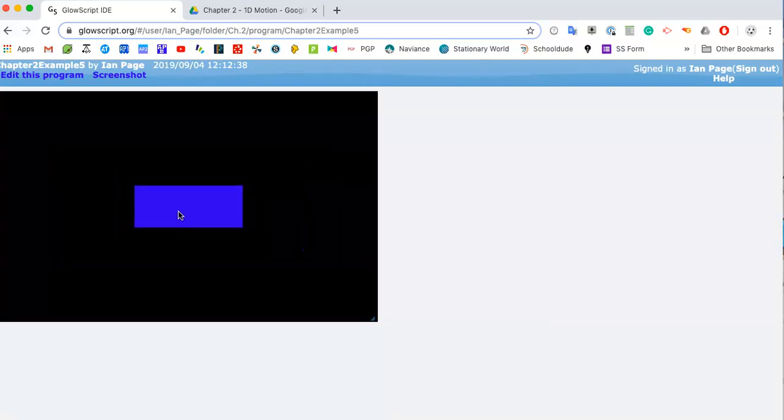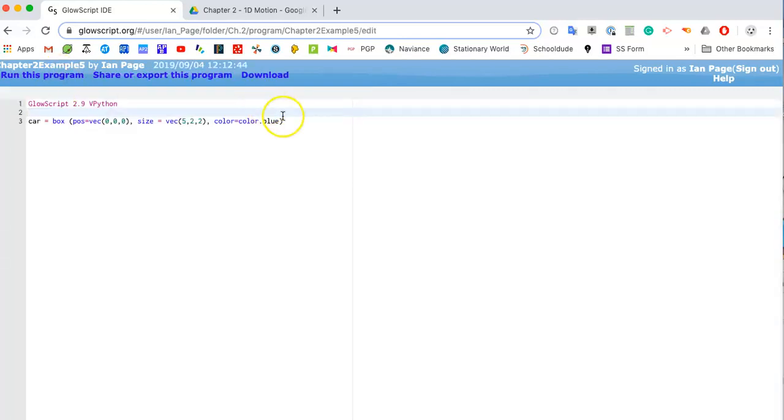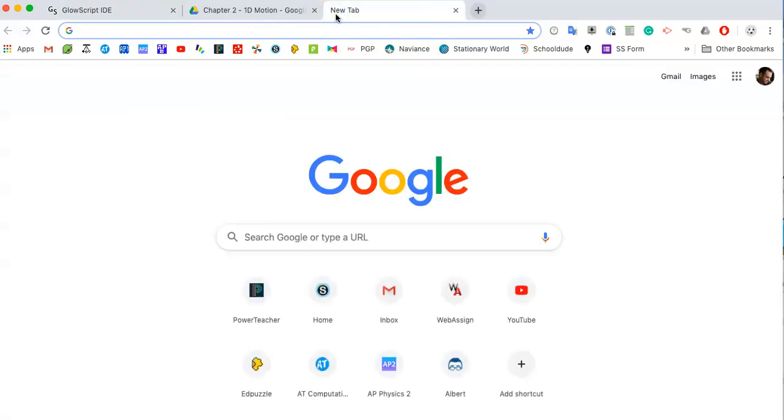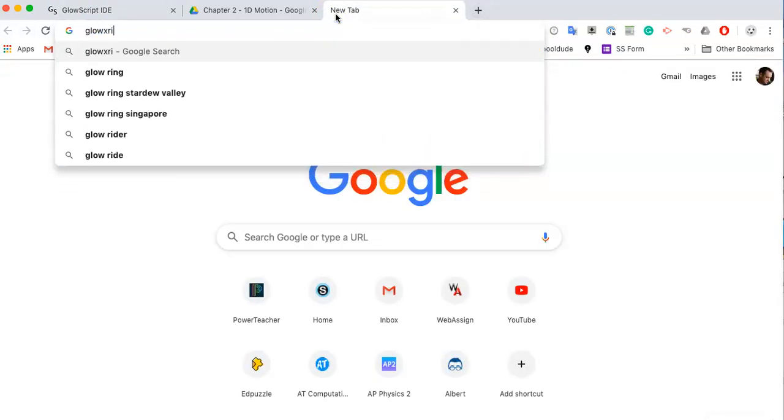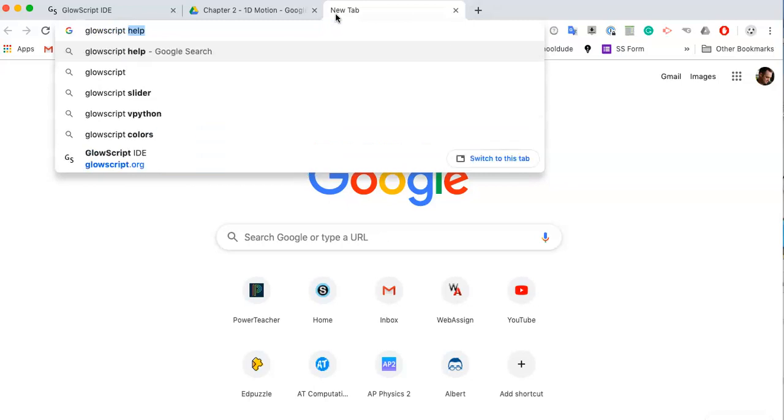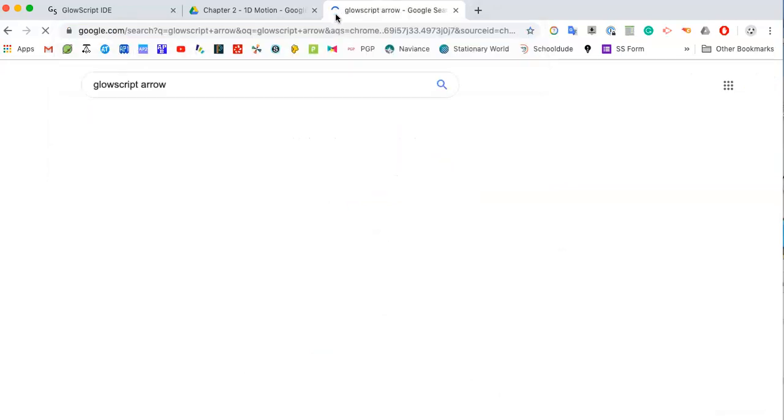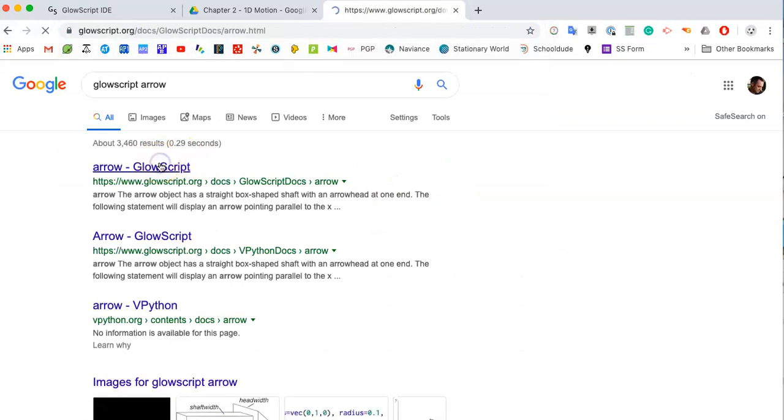So if I zoom out here, zoom in, maybe hold the control key around here, you can see that there's my box. But I want to put it on an axis so it doesn't fill up the whole screen. So let's now add an axis on here. So axis equals, and in this case, we're going to be using an arrow. Just by the way, to remind you, when I'm looking up objects, I simply go to Google and type in, since I don't know what the proper syntax is for an arrow, Glowscript and then arrow, and usually the first hit will have some documentation about